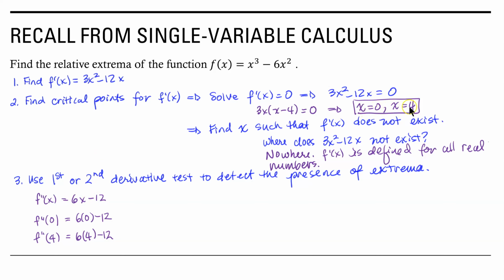We evaluate at our two critical points, so f double prime at 0 is 6 times 0 minus 12, and f double prime at 4 is 6 times 4 minus 12. With the second derivative test, we aren't necessarily interested in the numerical value of these two second derivatives. We're particularly interested in whether that second derivative is positive or negative. So when I look at 6 times 0 minus 12, I've got 0 minus 12. I've got a negative number, so this is less than 0. If that is less than 0, then that means that we have a relative maximum